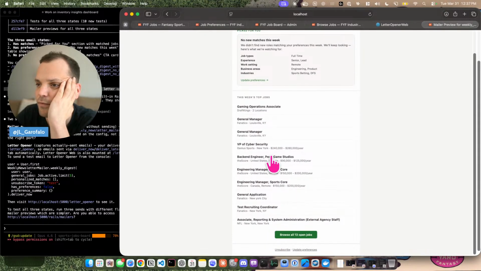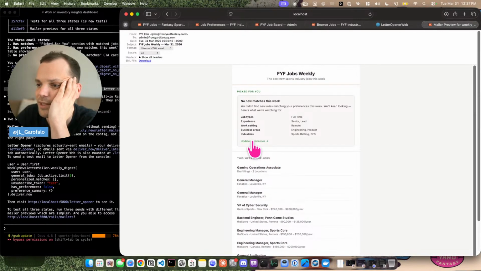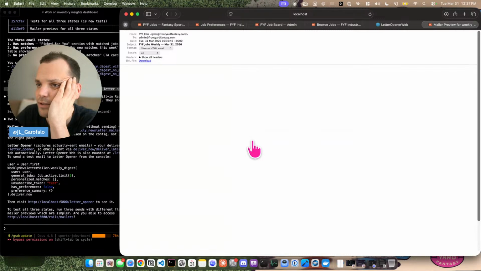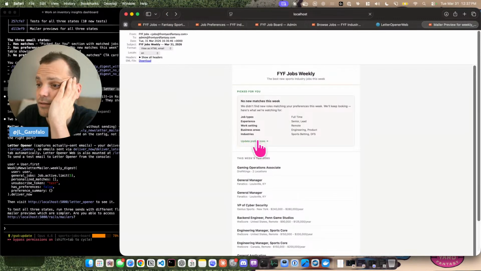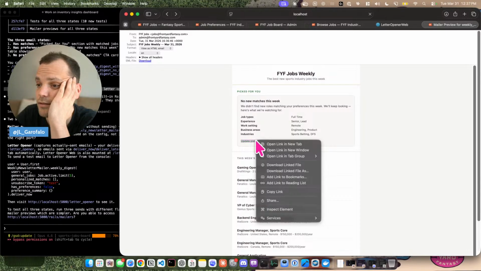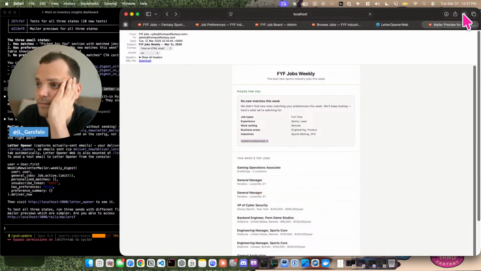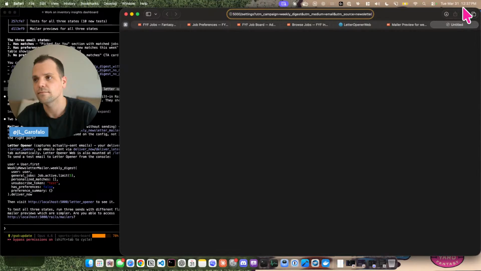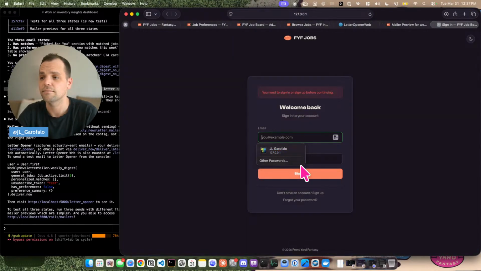So put the picked for you section at the top. Is that what we want? Update preferences. Where does that go? To nowhere. I don't even know what that link is. I think it did. Let's see.